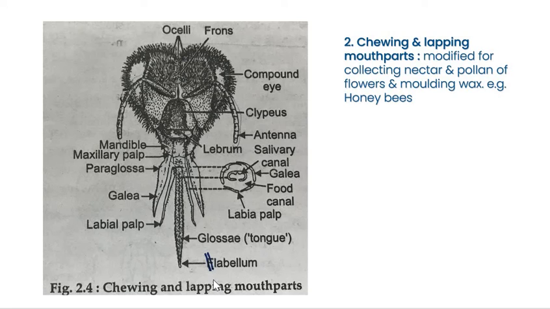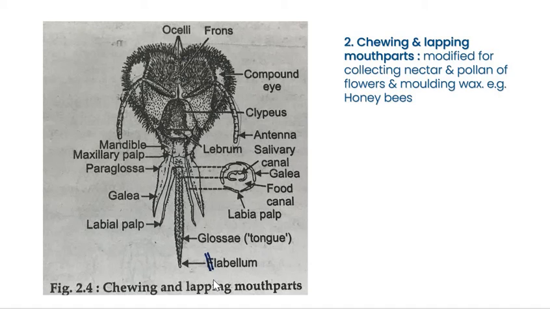Now, while feeding, here you can see the feeding mechanism. The galea, maxillae and labial palps are brought close together, forming a temporary hollow tube enclosing the food channel. This tube can be inserted into the corolla of a flower. The center of the tube, or food channel, is occupied by the tongue, or glossa, moving backward and forward to collect the pollen. Sucking up the nectar juices is assisted by the pumping action of the pharynx.